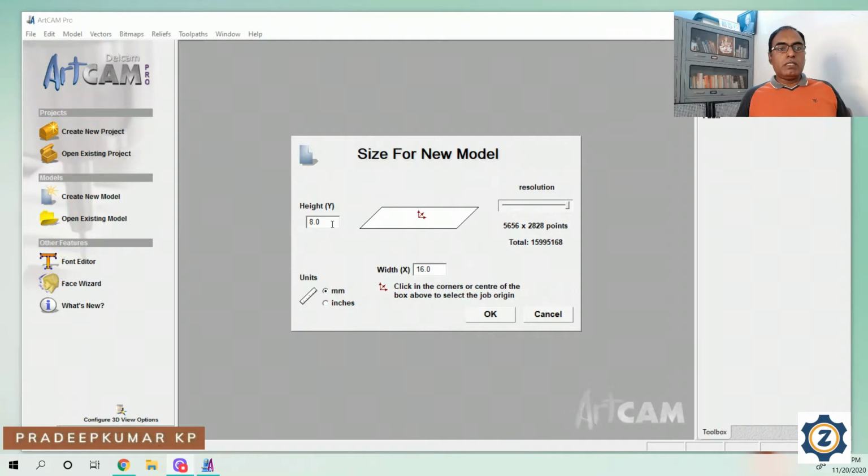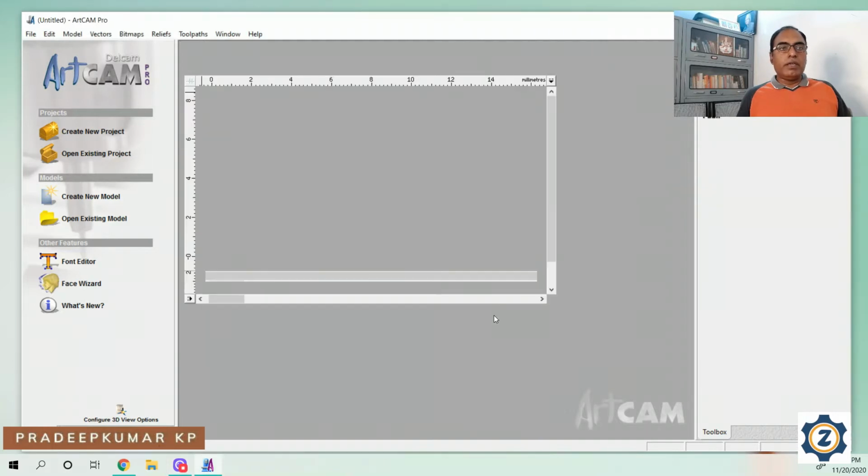Suppose this is the letter I want to cut out of a thin gold sheet or silver sheet or brass sheet or any metal sheet. If you want to take that letter out, this is the size of the full text we want to make, then we can give OK.